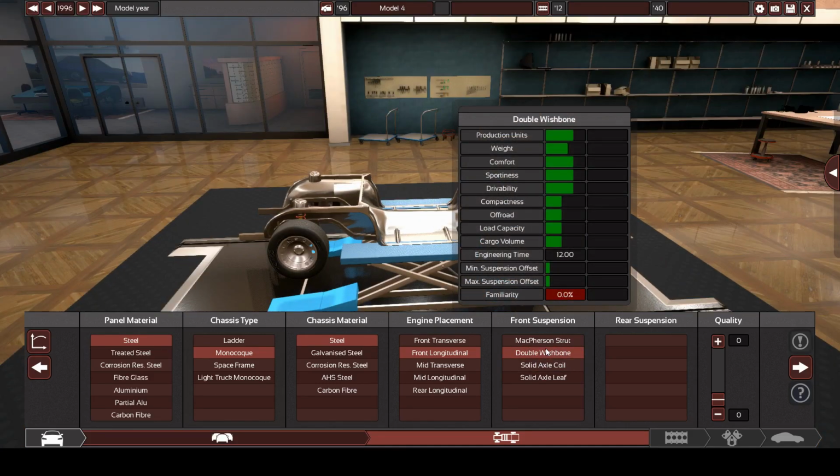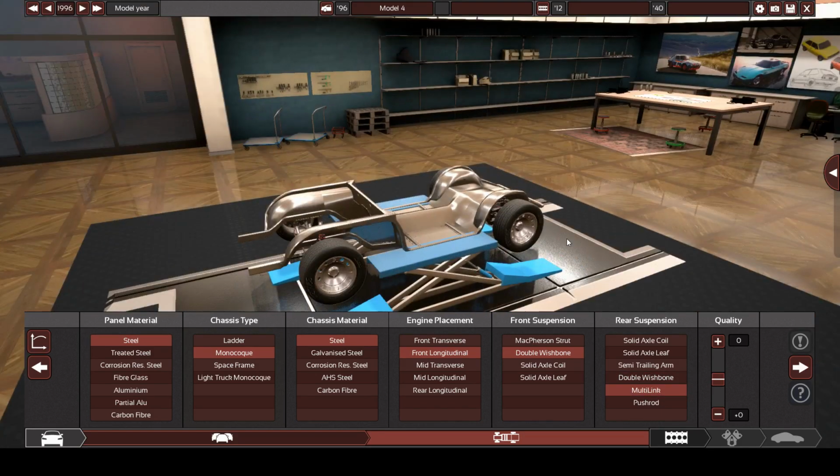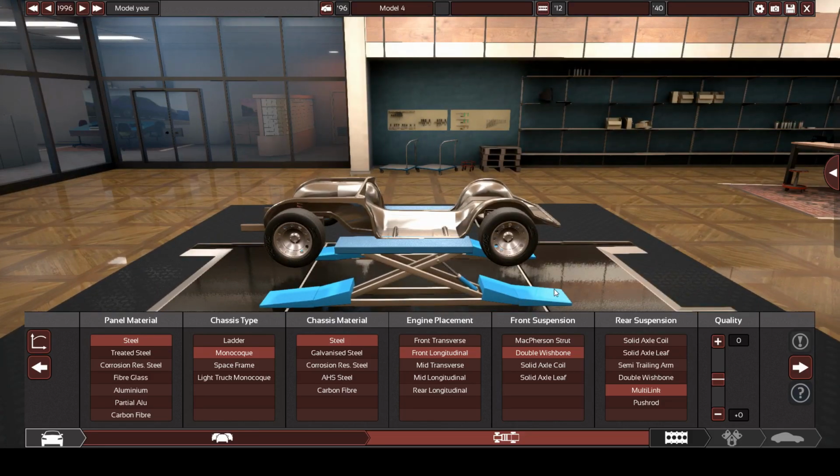So suspension is going to be double wishbone, so pretty much expensive, comfy, etc. You can do double wishbone all the way around. That's probably what it would have had, that or multi-link, not pushrod. Obviously, that's a little too expensive, high performance. We'll do multi-link, something expensive. This is going to be in the neighborhood of a $100,000 vehicle in today's money, but in the 90s, like